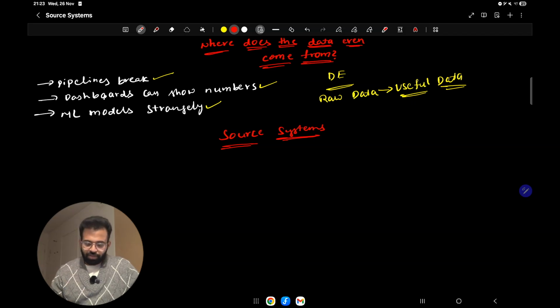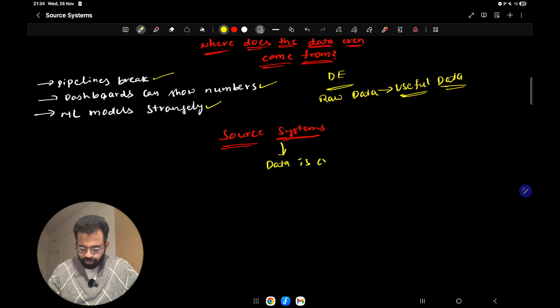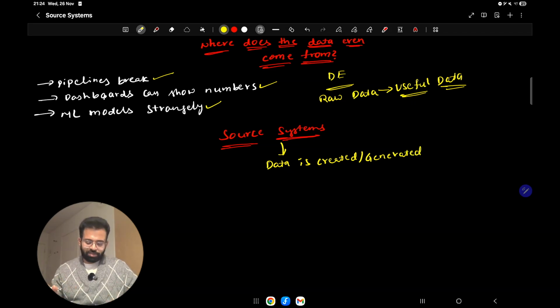For those who don't know, a source system is simply a place where the data is created or generated before it reaches you. And that is just the source system.